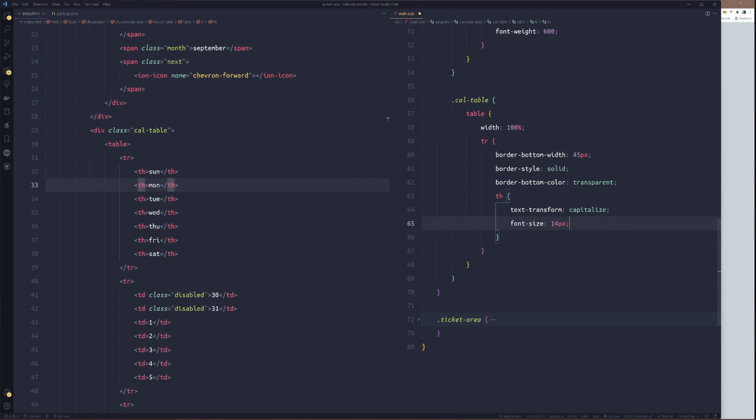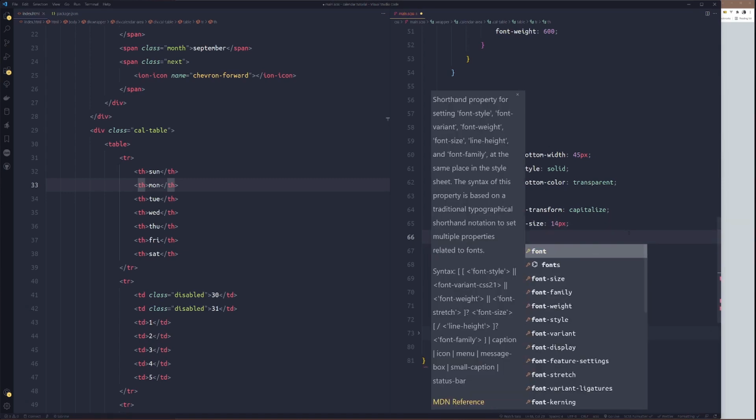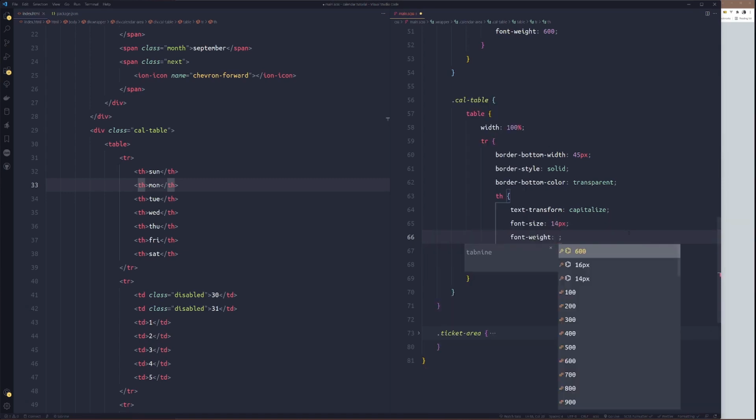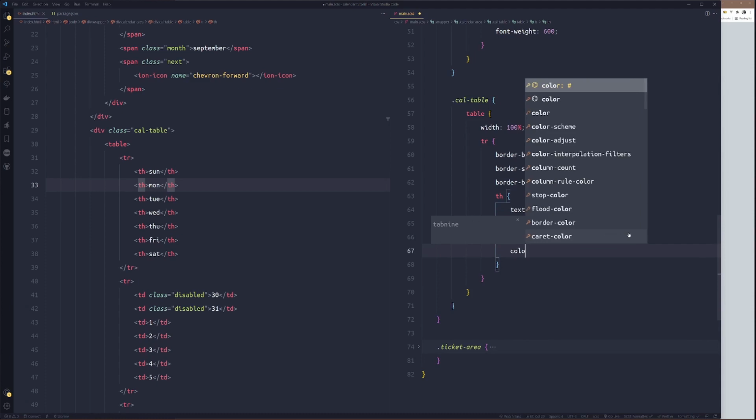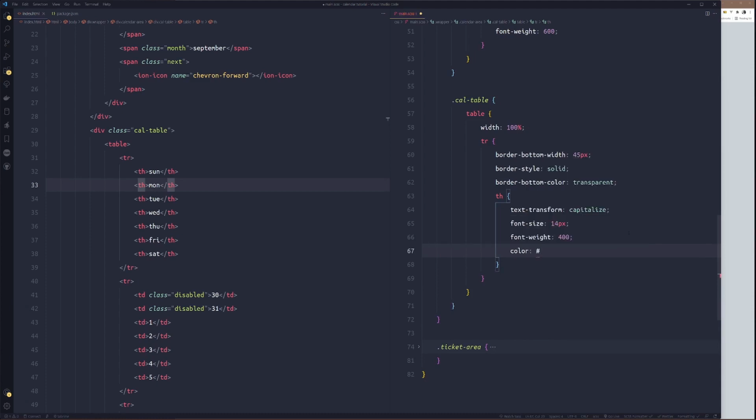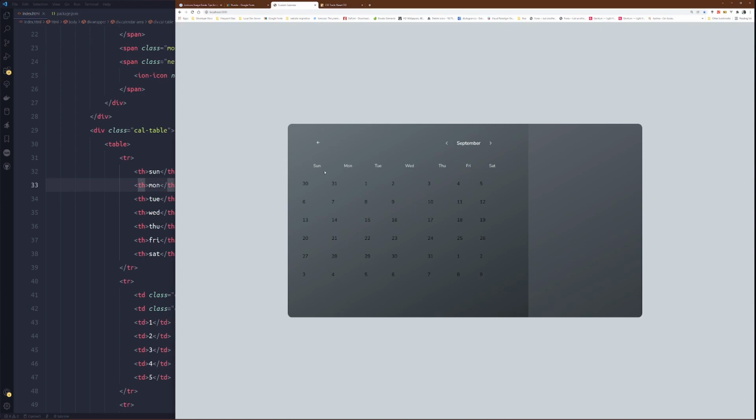Okay. Then font weight, we'll make it 400. Why the color will be ash, something like DEE, we'll do something for 2E6. Okay. So we'll see. All right.